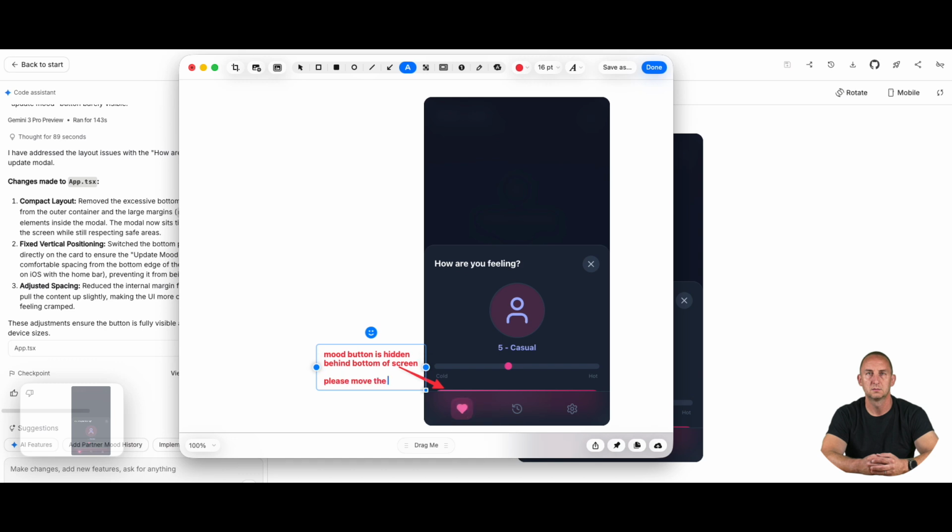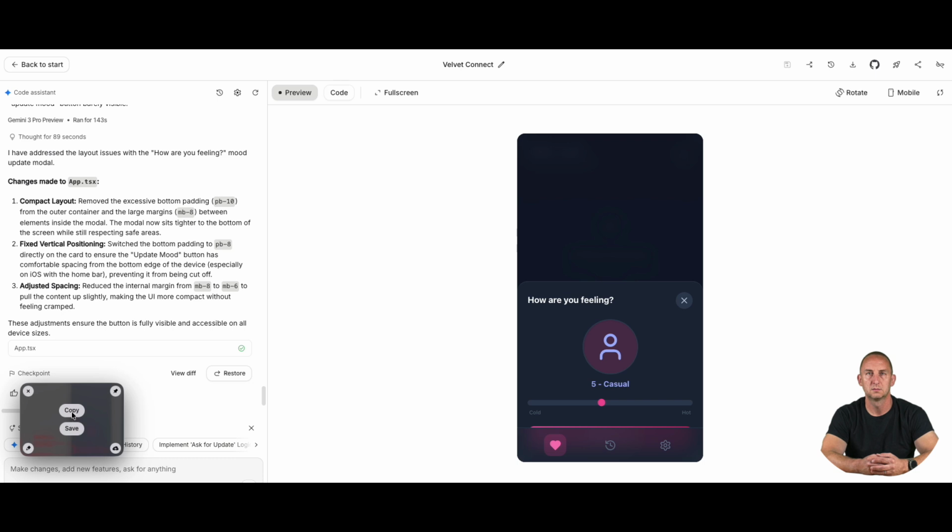Please move the 'How are you feeling' and mood adjustment screen up, away from the bottom toolbar." So I think that's fairly clear. And then you just copy that